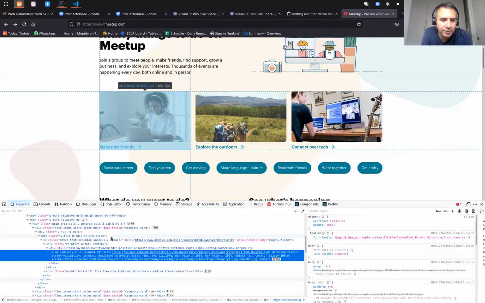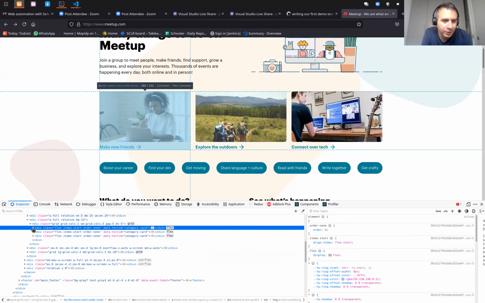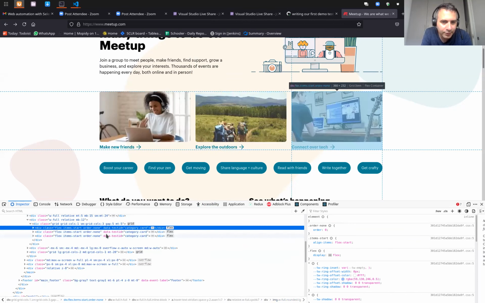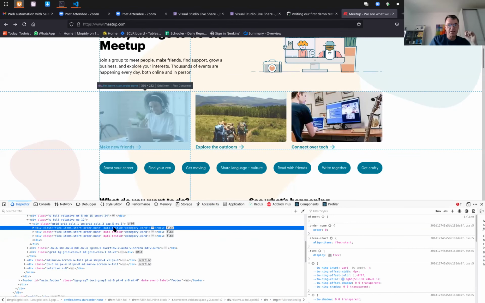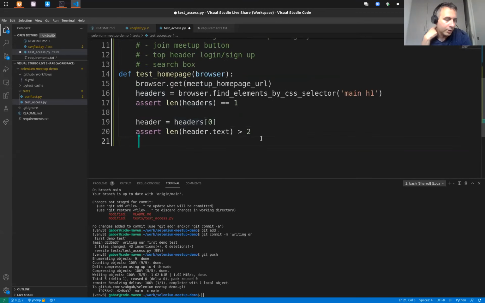Inspect. So we have test ID. Let's use test ID, right? They didn't give us that for nothing. However, we have it here for each card, right? Yeah. So this is like a class attribute, so you can have many data test ID category cards. So yeah, I can use a CSS selector to get all of them with, let's do PDB set trace again, running the test.